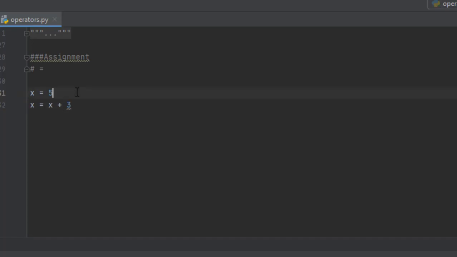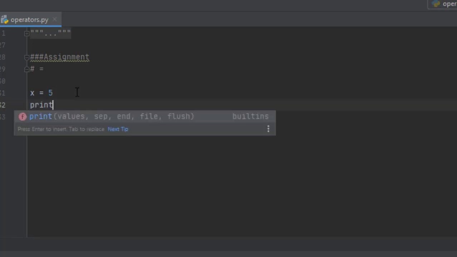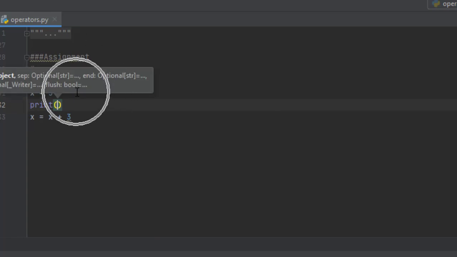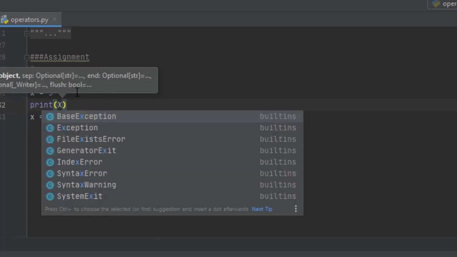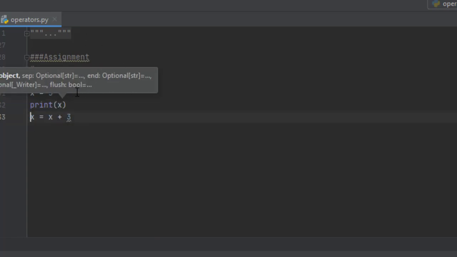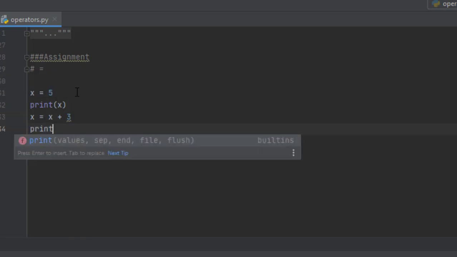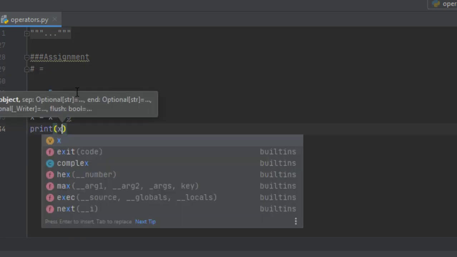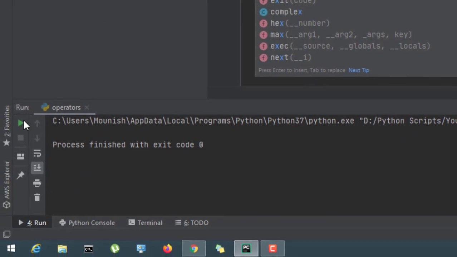Okay, let's see here. First I'll print out the x value. Now I'm printing out the x value in line 34. If I run the program now, here first you can see the 5 and next you can see the 8.